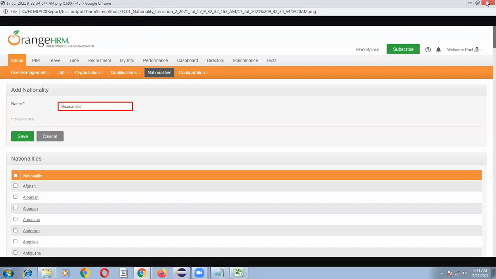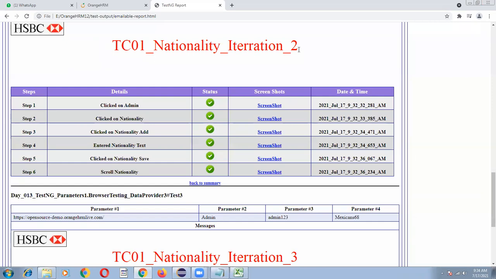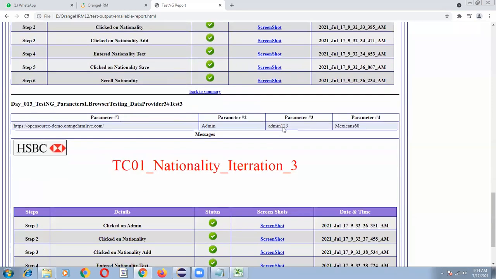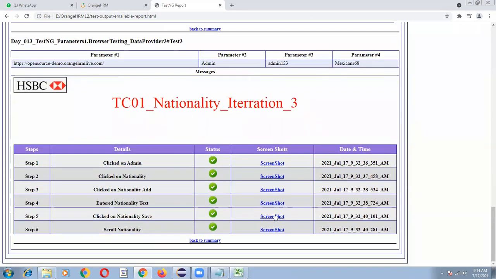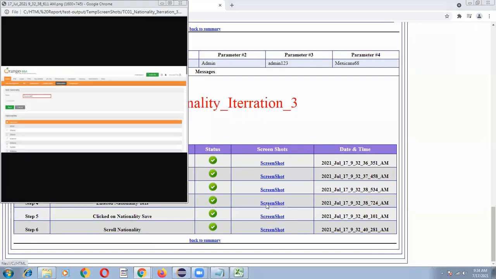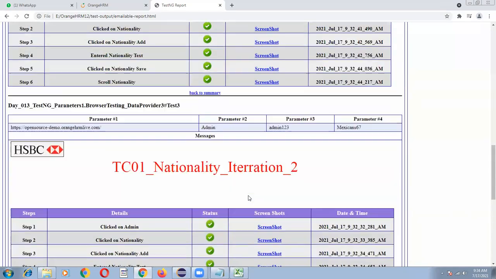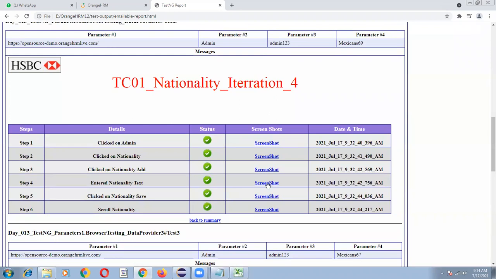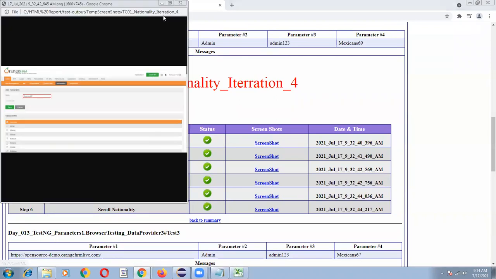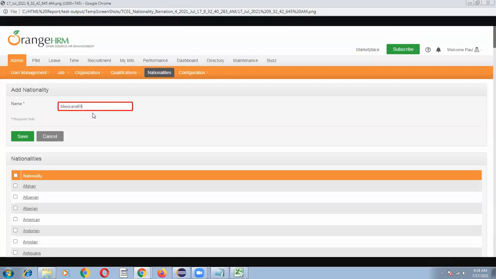Mexican 67, nationality iteration 2. And nationality iteration 3, Mexican 68, third iteration, and the fourth iteration, TC01 Mexican 69. So in the fourth iteration, it was executed.